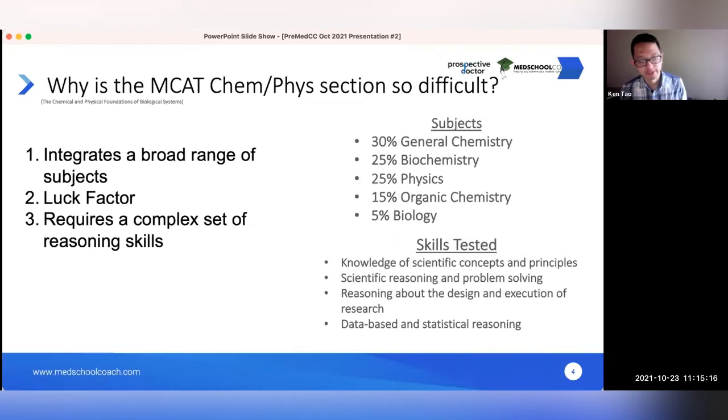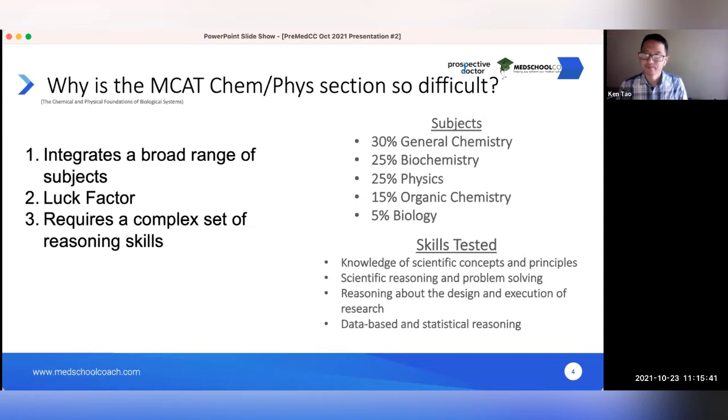If you don't know, the MCAT, even though it's a test that students have to take to go to medical school and become a physician, the MCAT is not written by medical doctors. In fact, the MCAT is actually written by PhDs. So people who go to graduate school and do a whole bunch of research. So because the MCAT is written by people with PhDs, they like to include experiments and research techniques in those